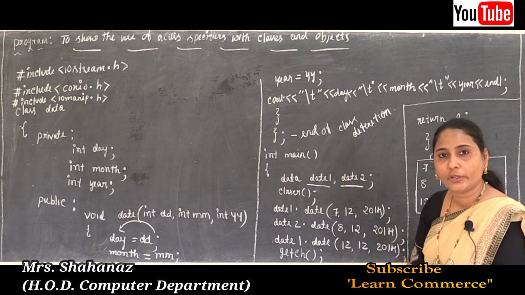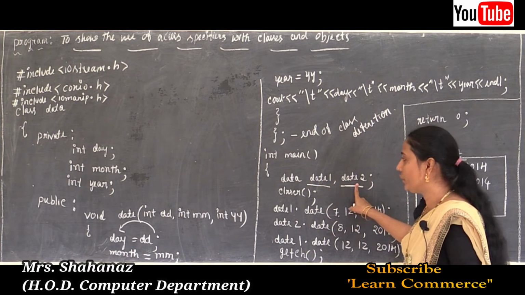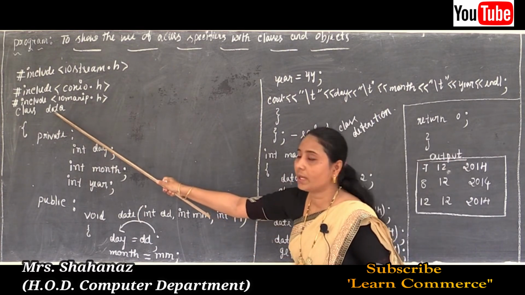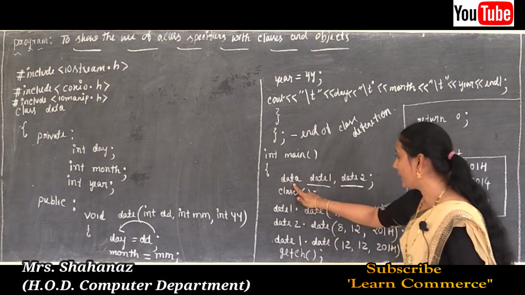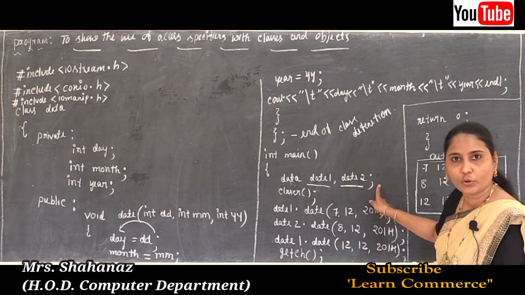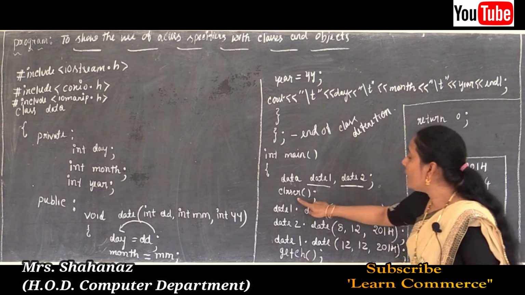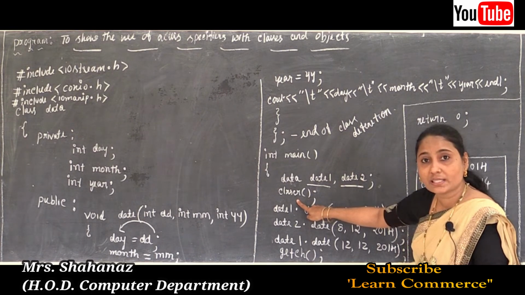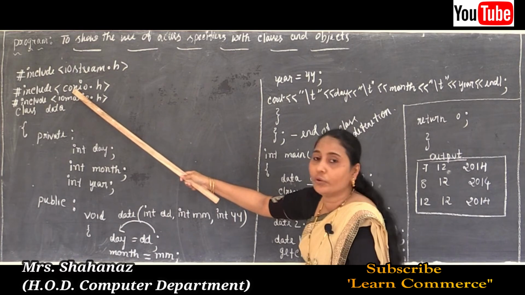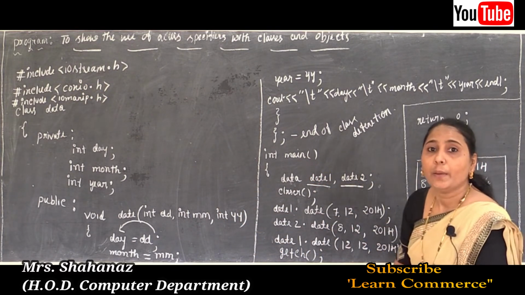So how am I going to declare the object here? Such objects date1 and date2 are going to be declared by using the class name. So what's the name of the class? The name of the class is data. So data date1 comma date2, and later if no more objects are going to be declared, then we use the semicolon. Okay, and later clrscr to clear the screen, and we already wrote the header file. The header file is conio.h. Now I am going to access the member function.